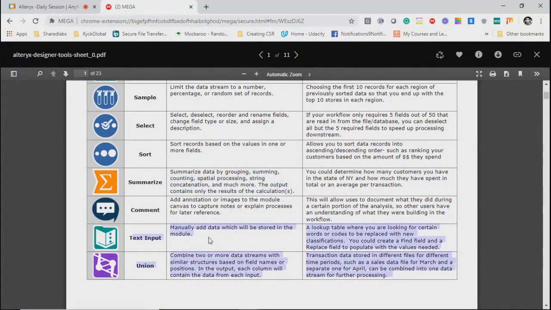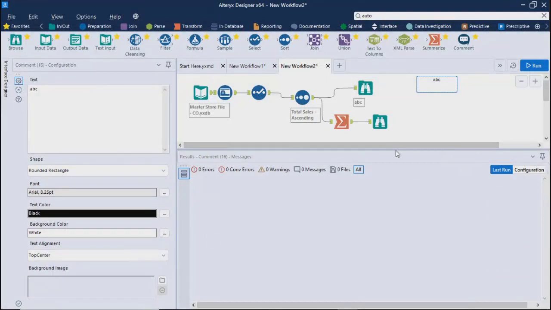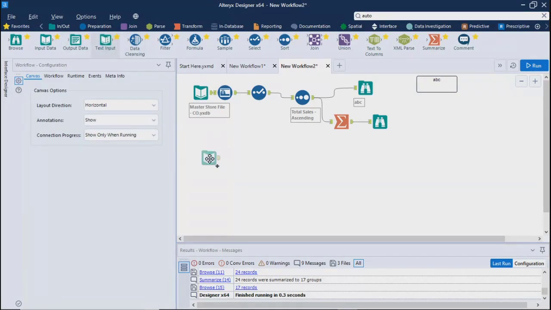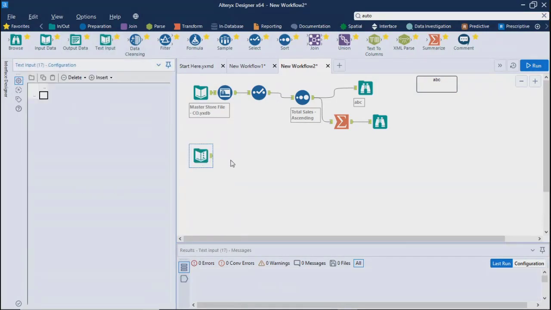So then you have text input, right? As of now, we worked with the input control. This is related to text input. Now it says manually add data which will be stored in the module, which means, let's say if I take text input, it will allow the user to write your data over here, right? Write your data means you can enter your data in rows and columns manually, which means, let's say this is my name field.